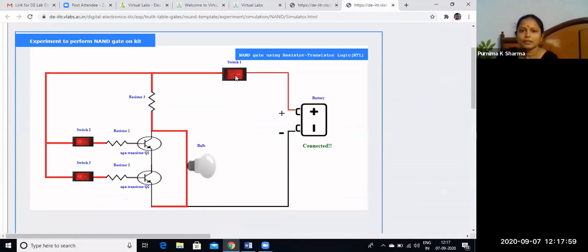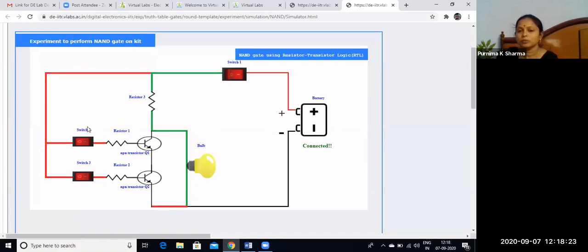Battery connected. Switch 1 in on position. Switch 2 is 1. Switch 3 is 0. With 1, 0 input, the output is 1 in the NAND gate. Both are 1, the NAND gate output is 0.